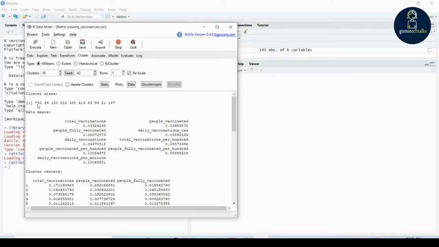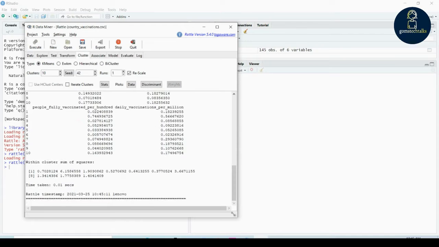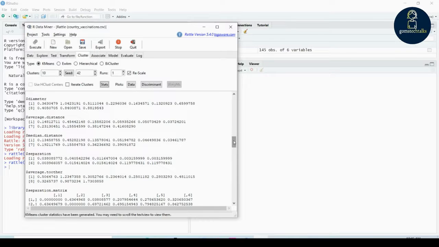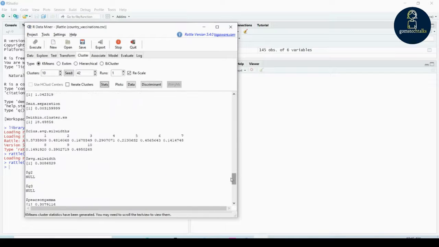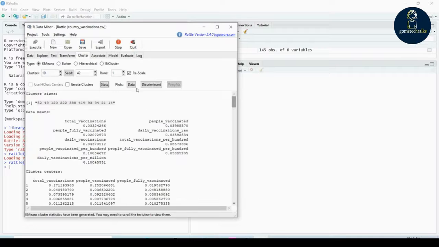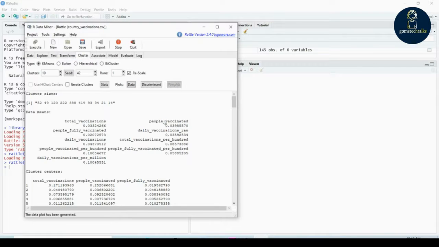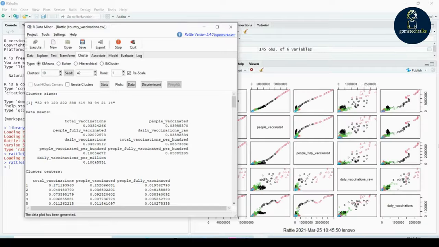As I mentioned, I have 10 clusters and you have your cluster analysis. If you want to see the stats, you can click Stats, and it will generate cluster statistics for every individual variable. If you want to plot the data, you can select it, and this is the data plot.